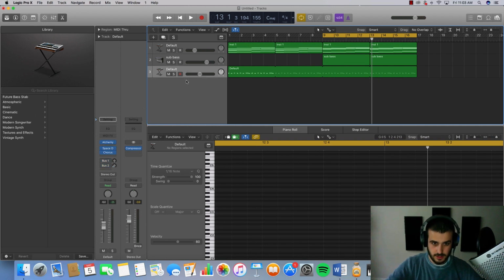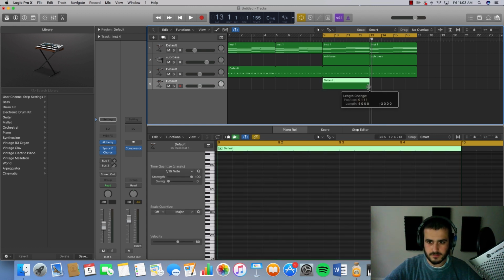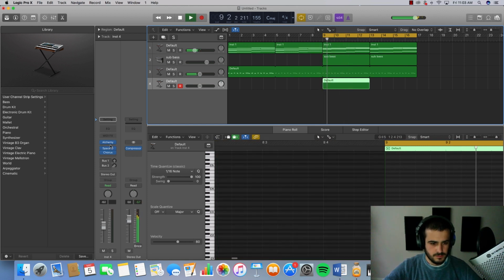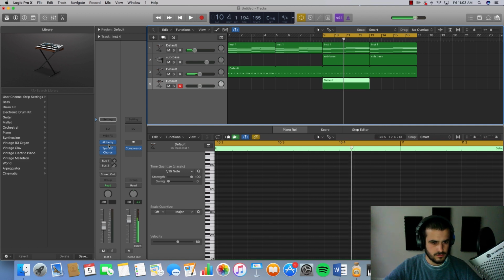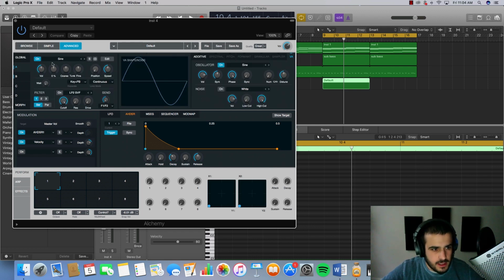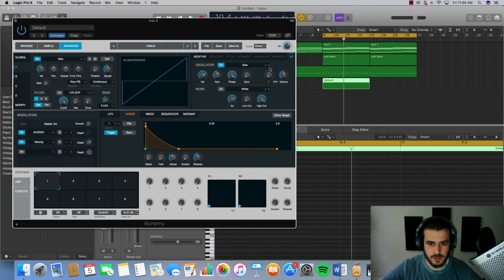I'm actually going to take this as a nice bass sound. I'm like getting this crazy idea, and I move really slow with Alchemy just because I don't use it that much.